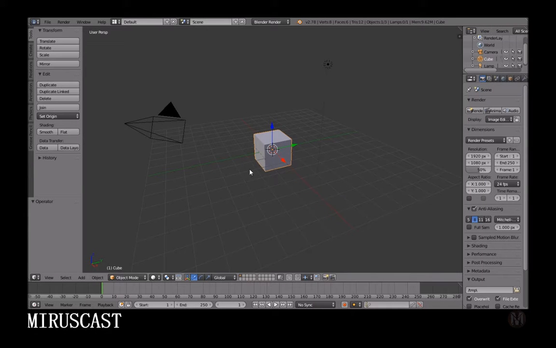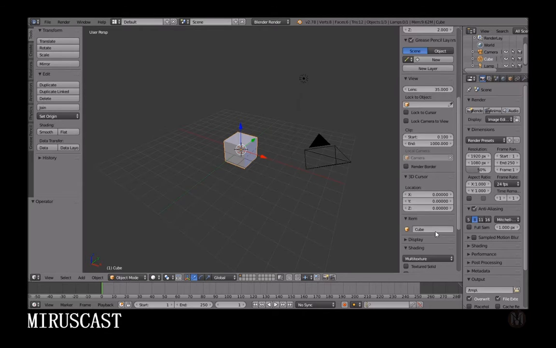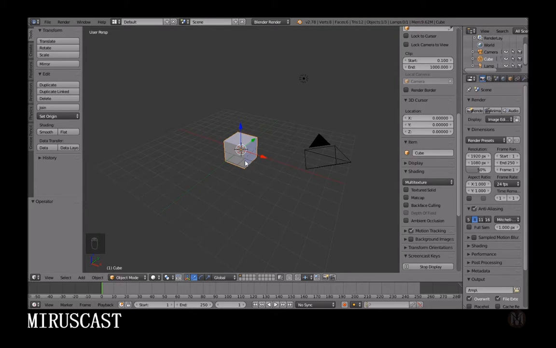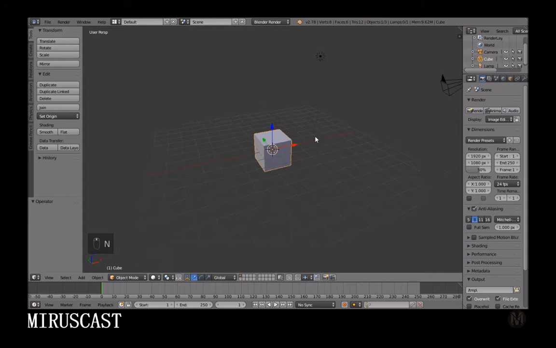Hello everybody, I'm going to be showing you how, just a second, let me enable screencasting. Alright, so I'm going to be showing you how in Blender we'll make a mine and we'll export it